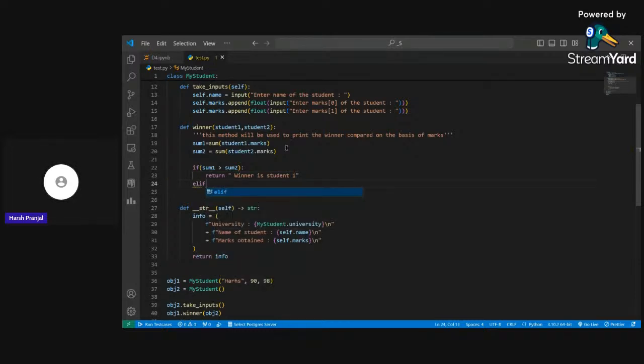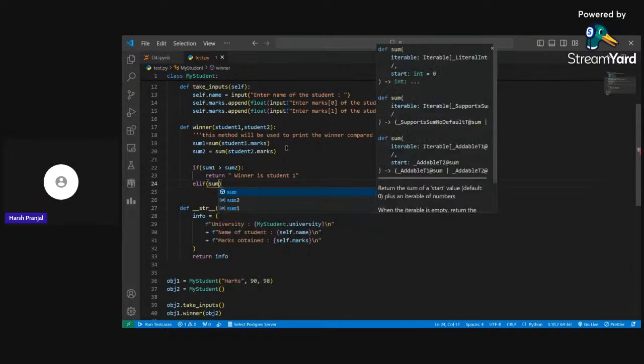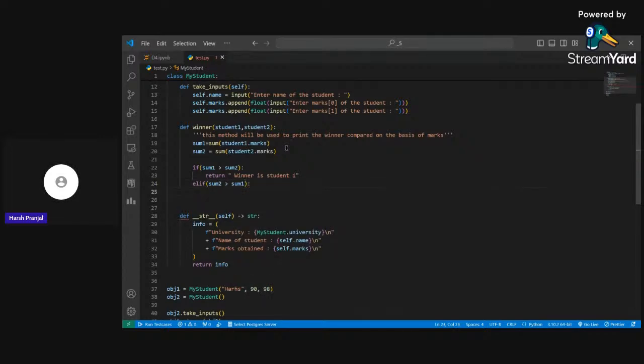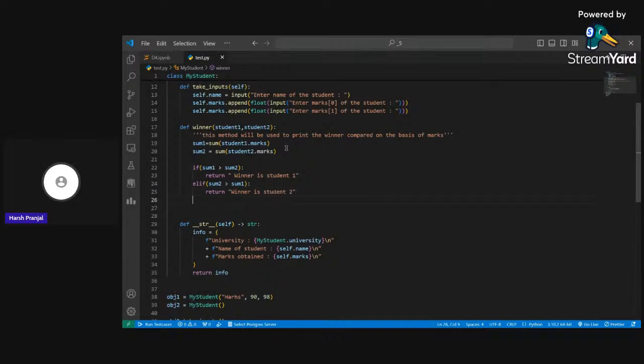Now elif sum 2 is greater than sum 1, return winner is student 2. And in the else condition, let's return